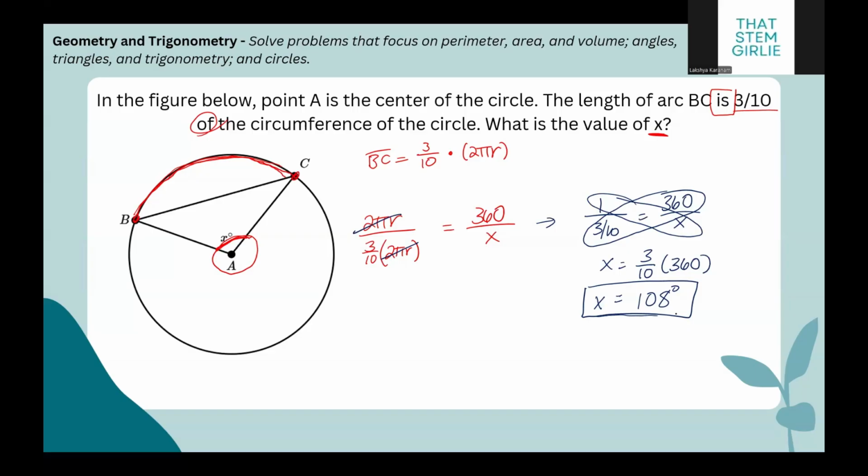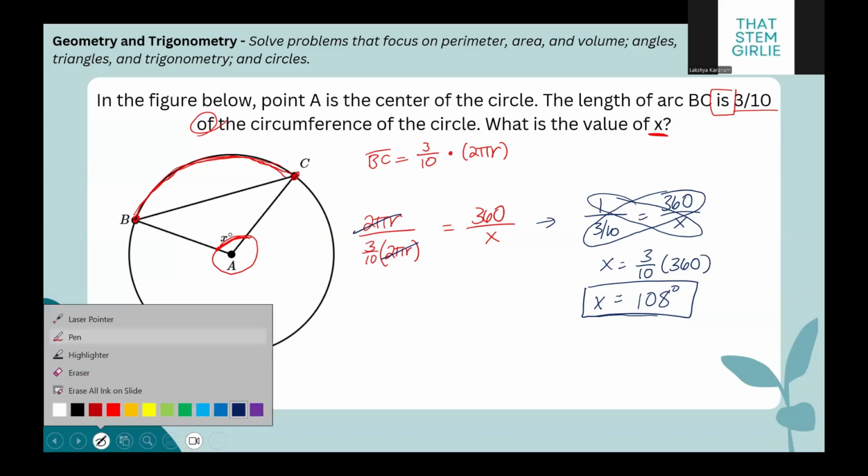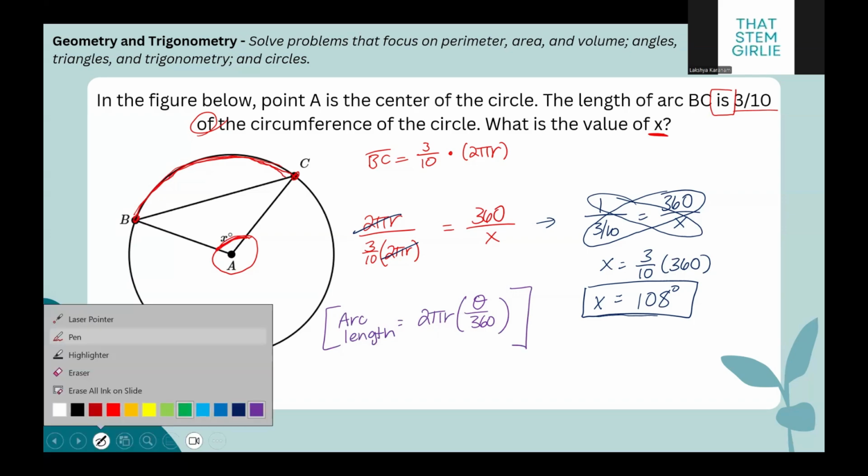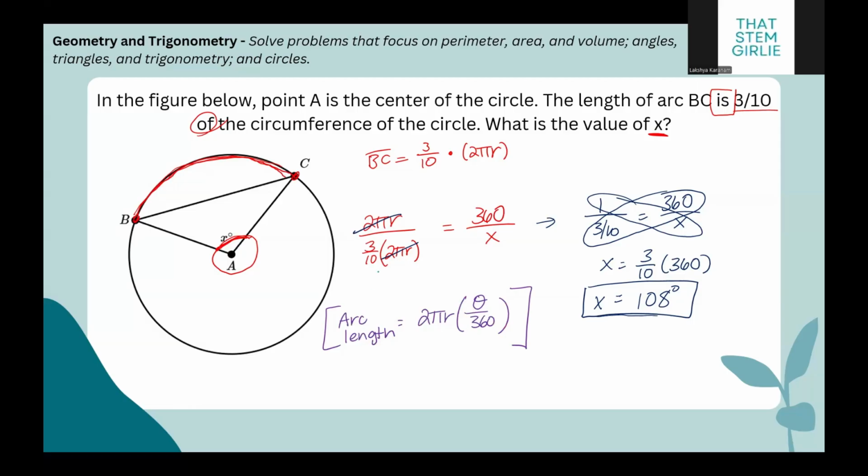There is another way that you could get to this as well. This is kind of like a manual derivation. There is an equation for arc length: you can find it by doing 2 pi r times theta over 360, where theta is that central angle, and you would be wanting to find theta. But if you were to use this equation, we don't have an individual number for the arc length, so we would have to pass in this same proportion. We'd have to put in that the arc length is 3/10 of the circumference, which is equal to